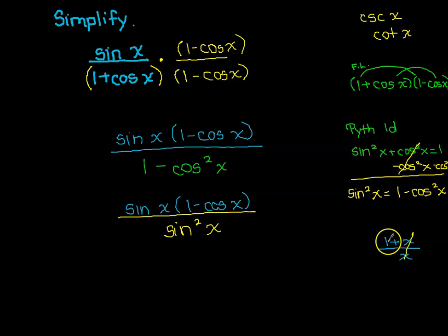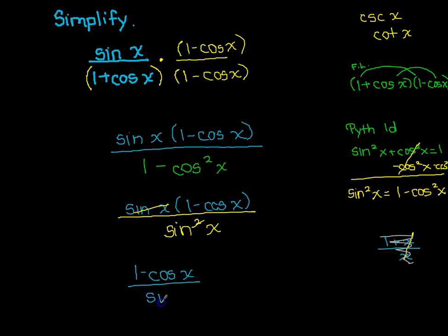You can't cross out x. If you can't factor it out of both terms, you can't divide it out. So we're just going to cross over that. Okay, so since I can factor sine out, I can divide it out. This sine gets rid of one of these. And this leaves me with 1 minus cosine